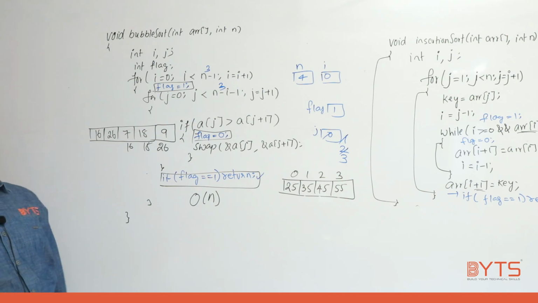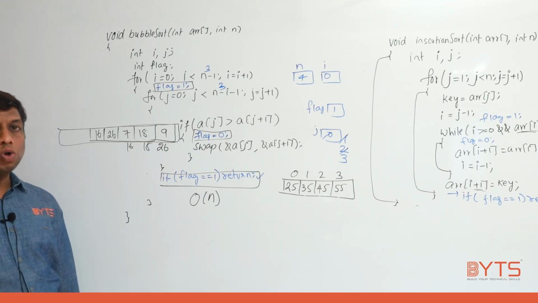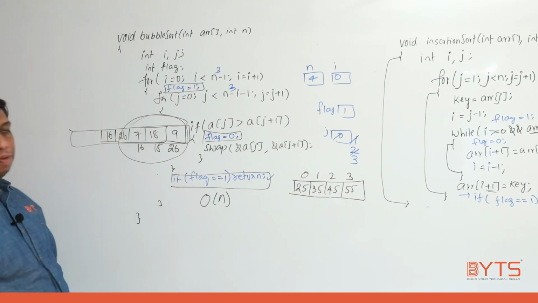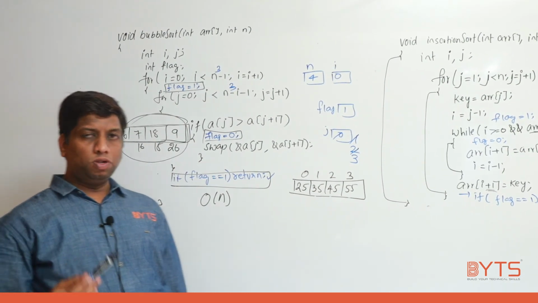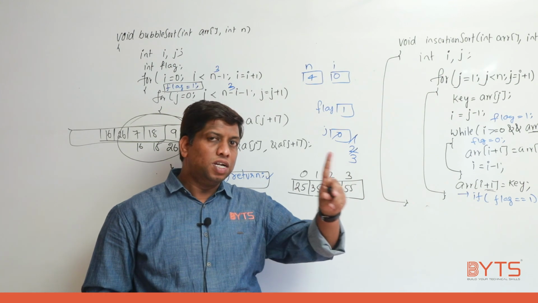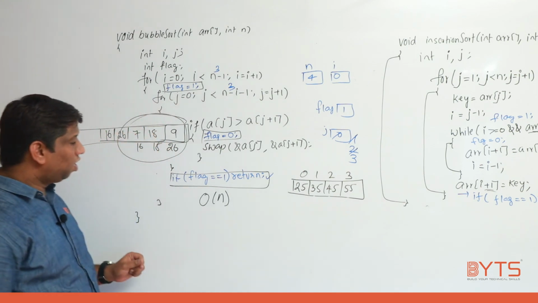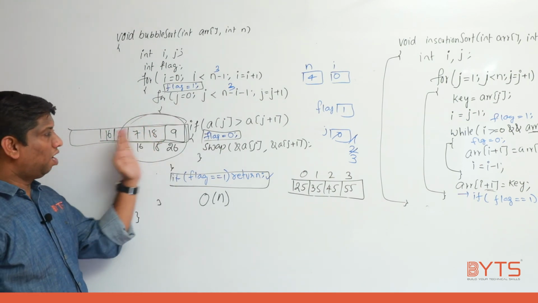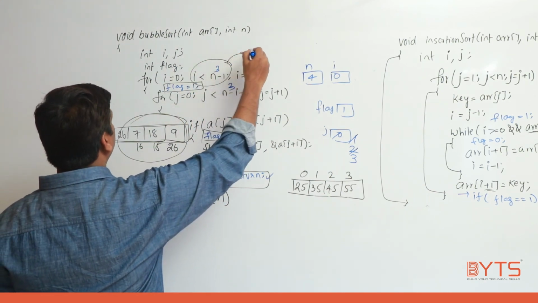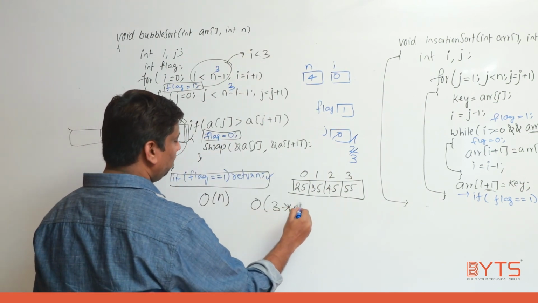Listen carefully. See, there are 1 lakh elements here. Understand? Now I want to get only the top 3. So at that time I can use what? Bubble sort. Why? Bubble sort will ensure every time the first maximum is sitting in the last place, the second maximum is sitting in the second place, the third maximum is sitting in the third place. That's what bubble sort is doing, right? Every time we are getting a maximum number, we are pushing it to the last. In that case, this loop can be converted as what? I less than 3. So in that case, you will get the time complexity as what? O of 3 star n.